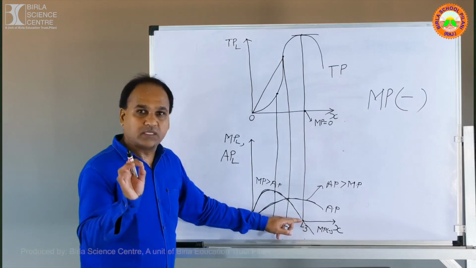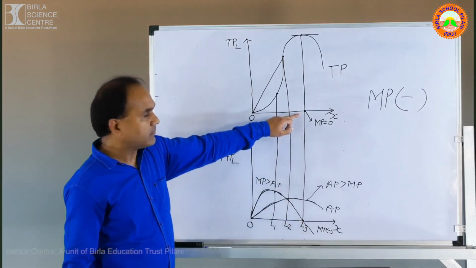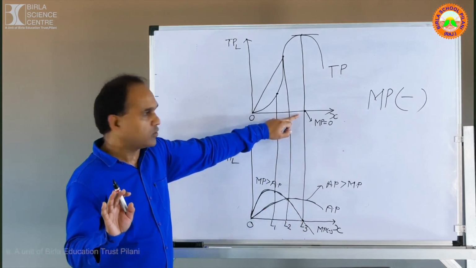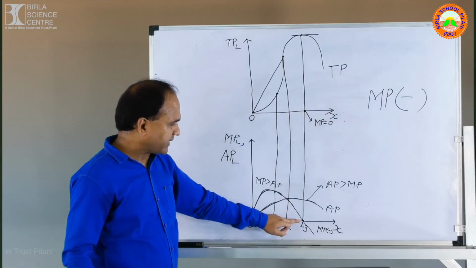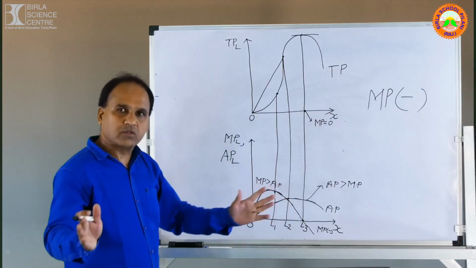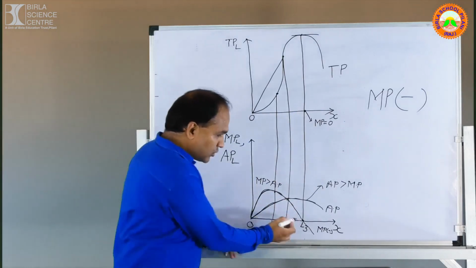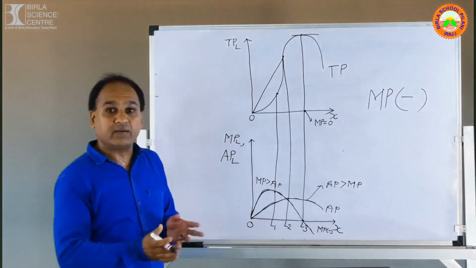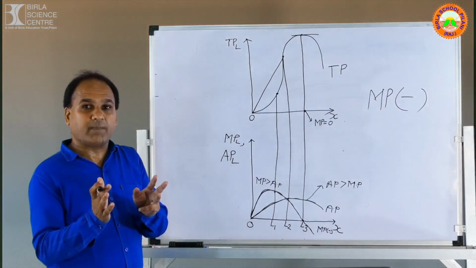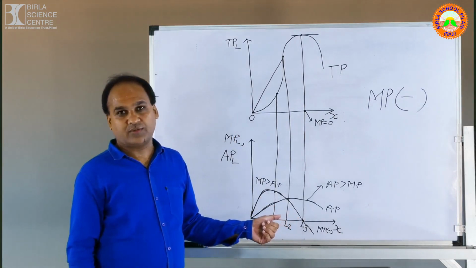Third, here you can see, this is called a point. MP here is 0. आप यहाँ देखिए, MP equals to 0, just straight away go at the top. You can write MP equals to 0 here also. That means MP is 0, and after 0, when MP is coming down, it becomes negative. So what was relation number 3 with the help of the table? MP can be 0 or negative also.